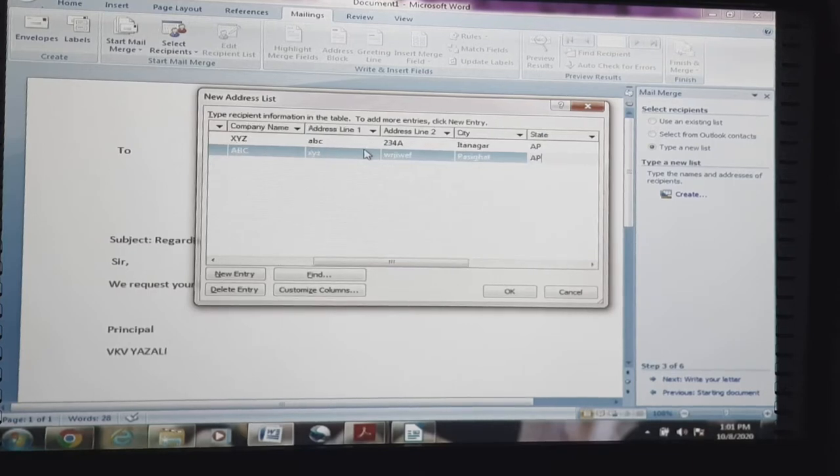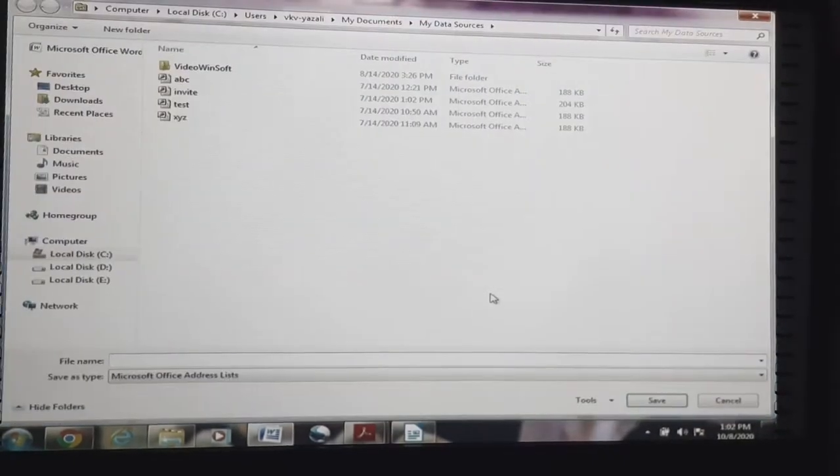AP, 792500, India. Any number should be inserted. Then PQR@234.com. Like this we have created. Now okay. So we are saving this with the name new. Fine. Save.